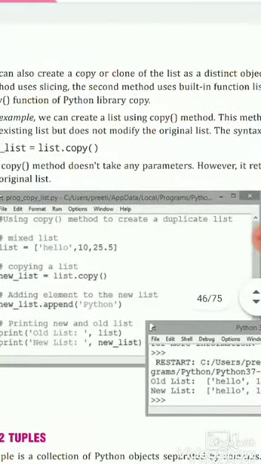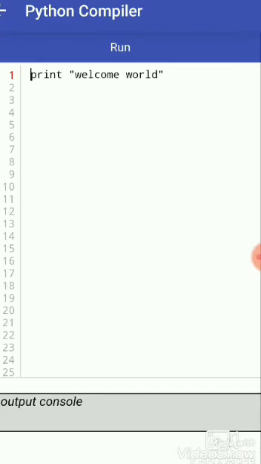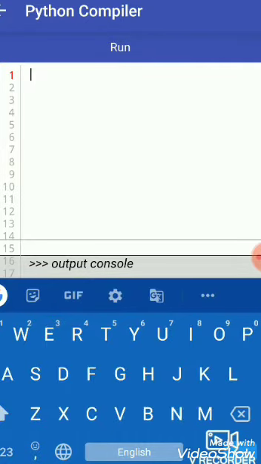Let's see through a practical. Let's open the compiler and do some practicals.